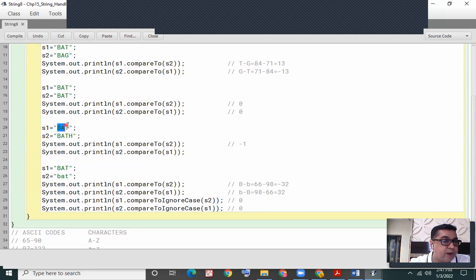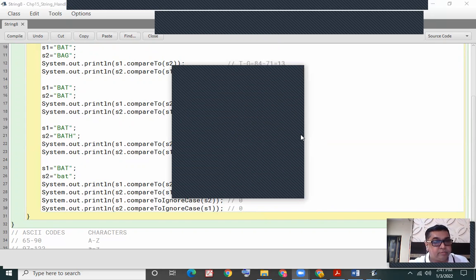In the first case it was BAT and in the second case it was BATH. So it compared that with H. The result we obtained was -1 and 1. I repeat, tell me if you have any doubts, anybody.